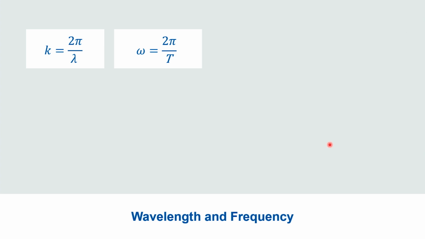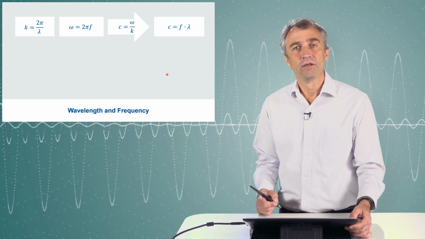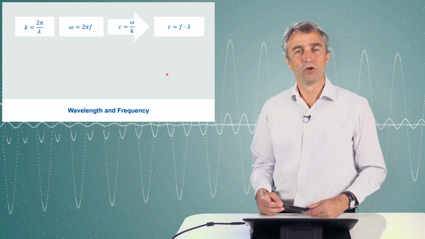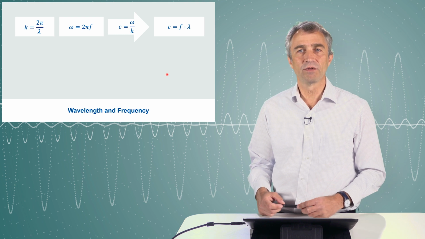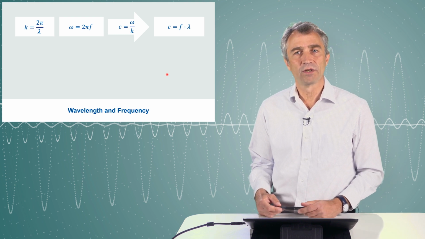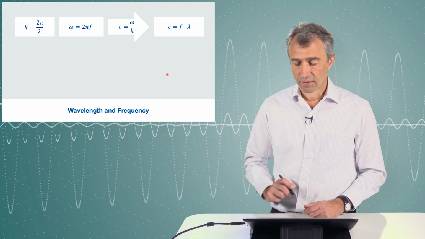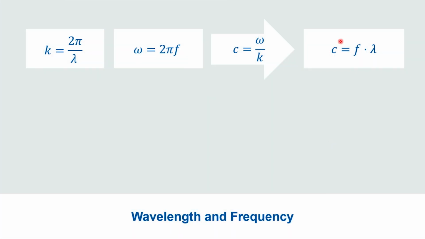Here we have the two factors again, and according to the relationship which we already know and introducing the frequency f, we can derive the well-known, maybe most well-known equation in acoustics, which determines the wavelength and the frequency together, and they are connected with the speed of sound. This is an equation you should remember by heart. This equation is best remembered by taking into account that the constant c is the product of the two variables,